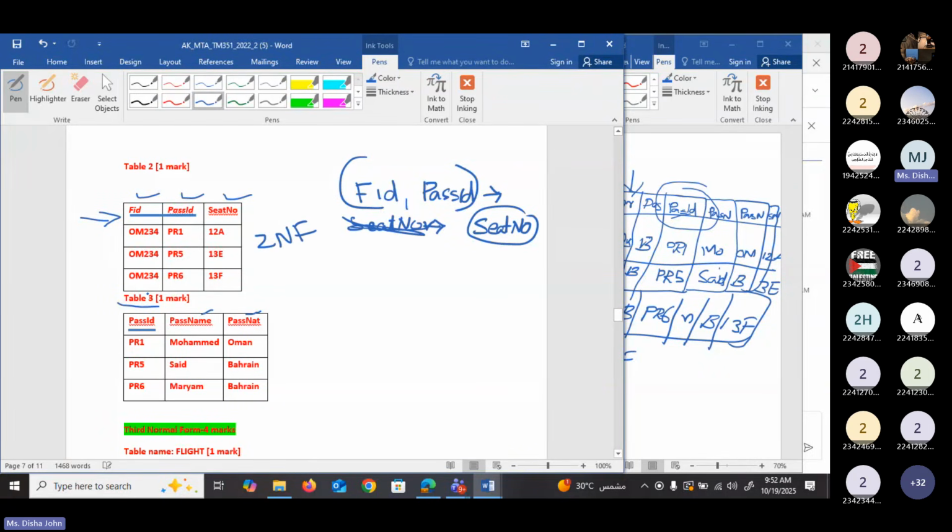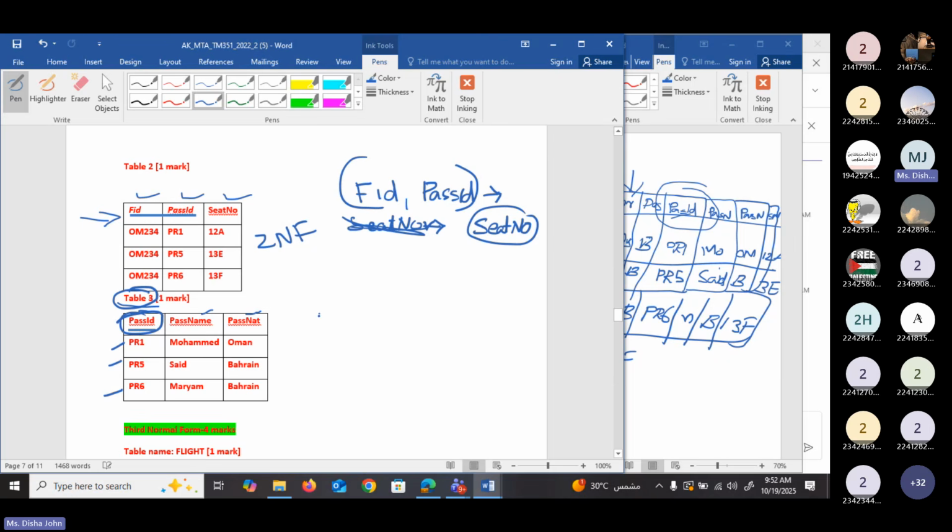Then, what about table 3? In table 3, here you can see we choose passenger ID as the primary key because the values are unique. And here we have only one column as the primary key. So no need to check for partial dependency. There will be no partial dependencies here because the primary key has only one column. Okay.